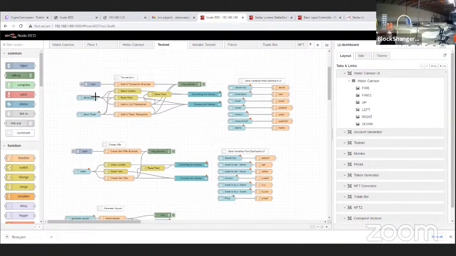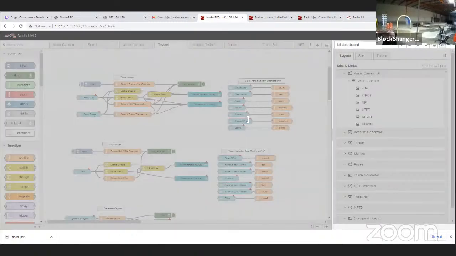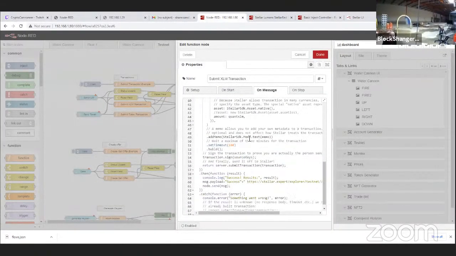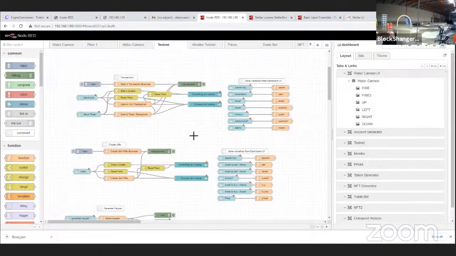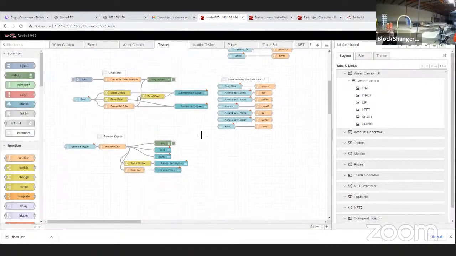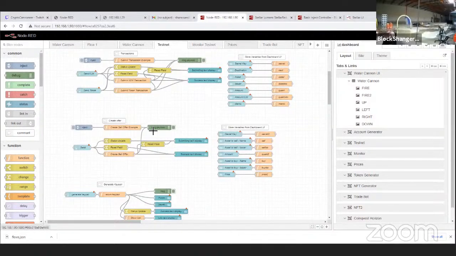And so then once you push the button to send either your tokens or your XLM, the flow both resets the fields that display the textual feedback and goes ahead and submits all the information needed to send a Stellar transaction. And you can use this not just for Stellar or anything, like for example, this